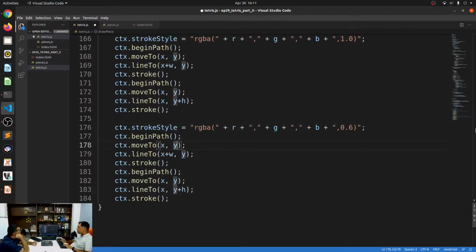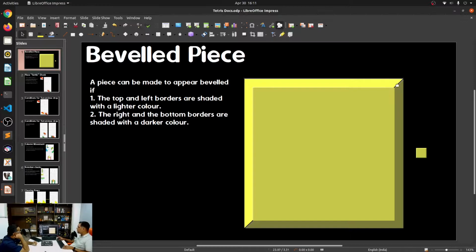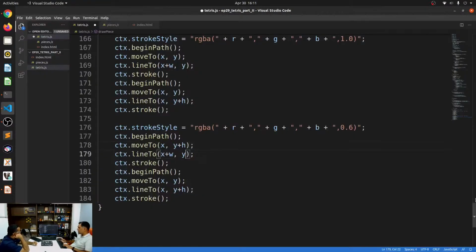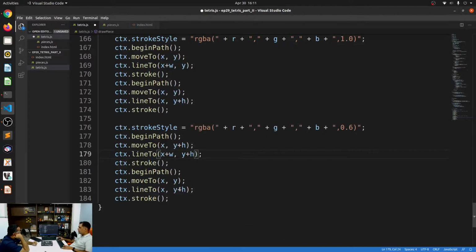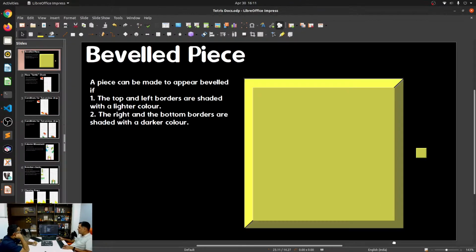Okay. So we'll move to x plus y plus h. We're basically moving the line to over here, and then we'll draw the line to over here. So that would be x plus width comma y plus h. That's one. And once again, we'll move to x plus w and y plus h, which means I'm moving over here, and then I'm going to draw a line back over here.